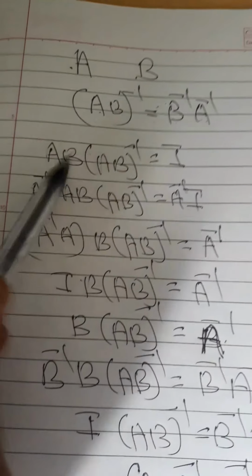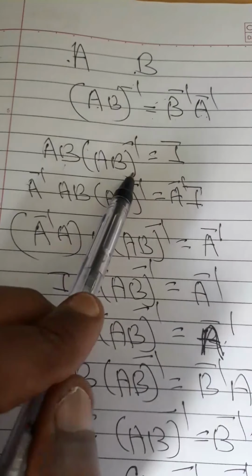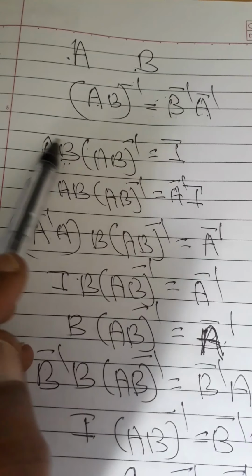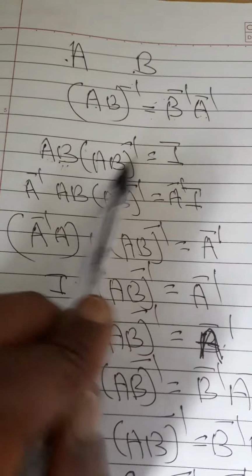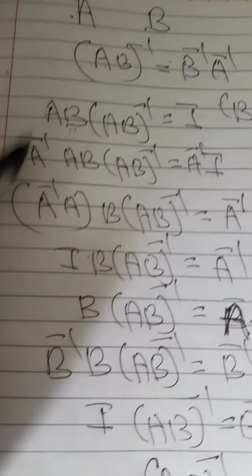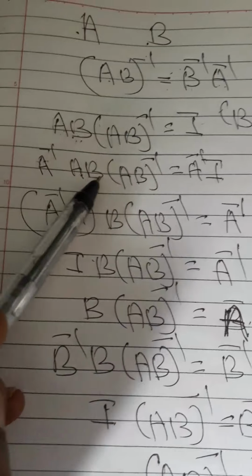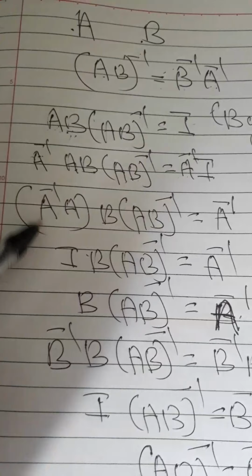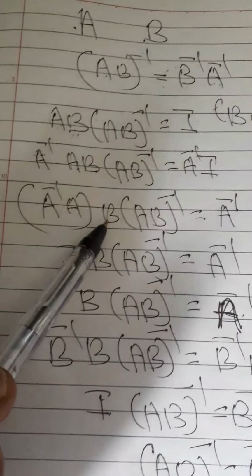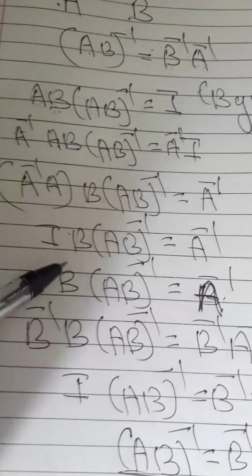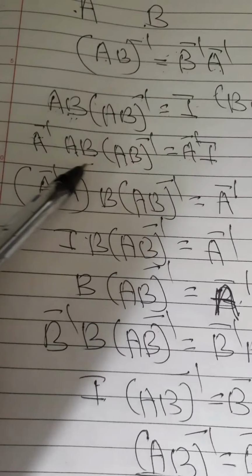So this is AB into (AB) inverse. This is from the definition. AB, you have multiplied those matrices and you have considered that this is one matrix. So AB into (AB) inverse is by the definition. Then A inverse into A into B into (AB) inverse will be equal to A inverse into I. Then A inverse into A into B will be equal to (AB) inverse, which is equal to A inverse.